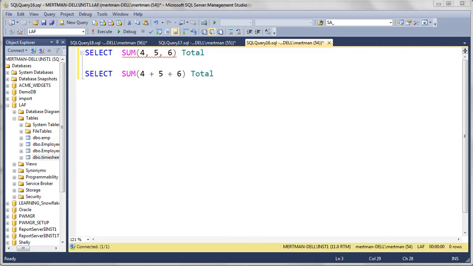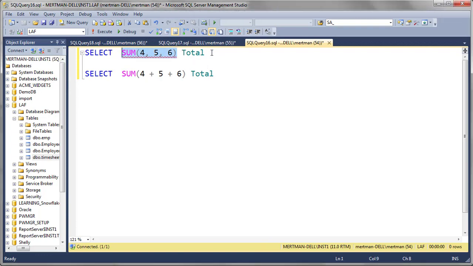Okay, so we're talking about the sum function in SQL Server. Now here's the thing, a lot of what you're going to see here doesn't just work in SQL Server, it'll work in DB2, it'll work in Oracle, basically any kind of RDBMS that you have. Normally we think of sum like in math, like we want to add things together, but notice here I've got